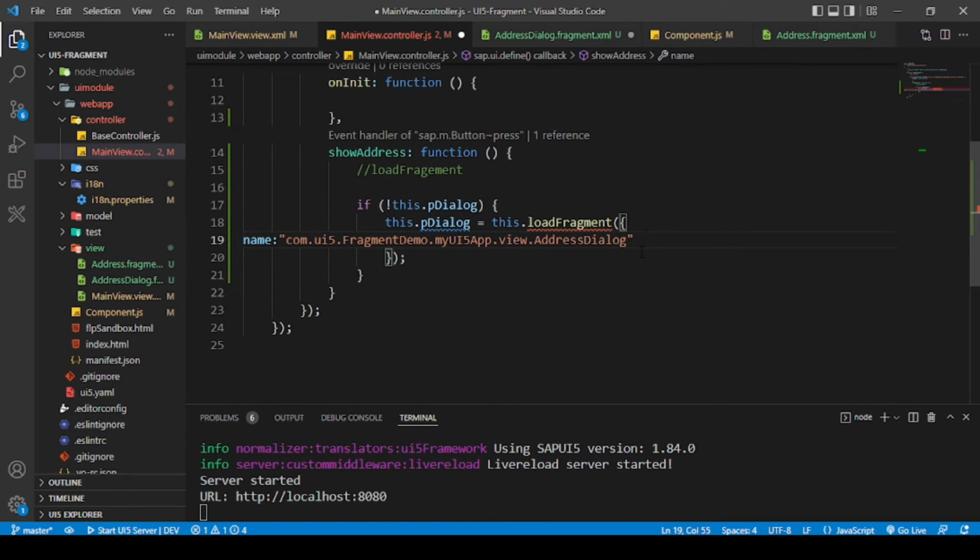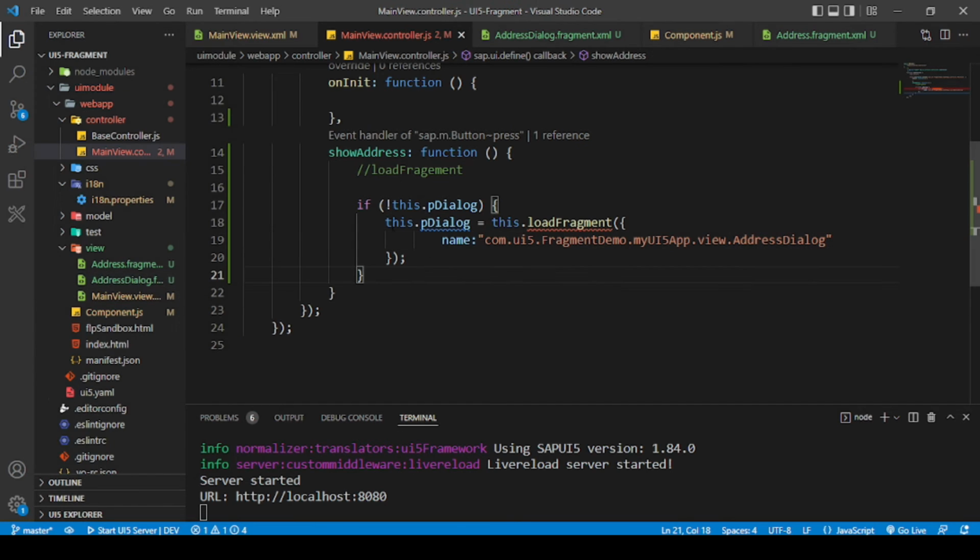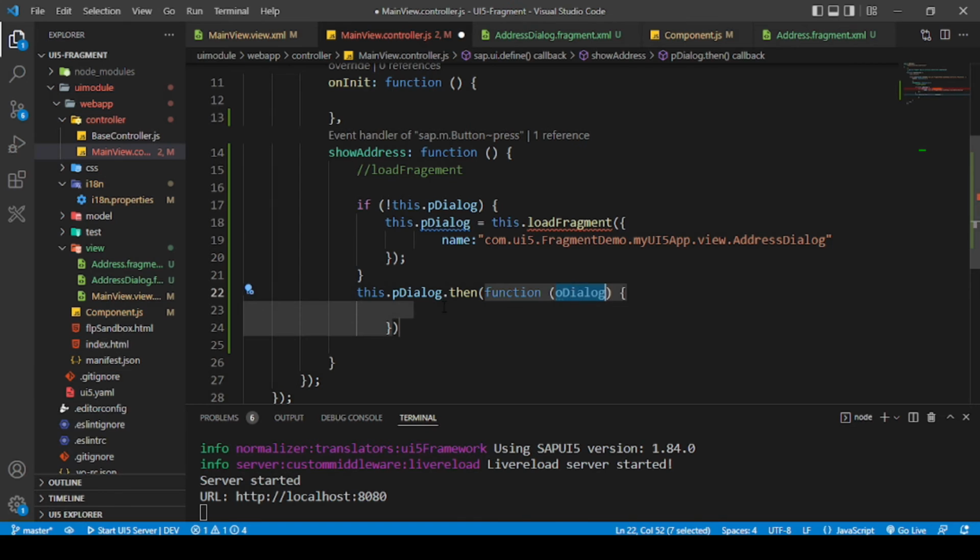And in this controller, this is what we said. So let's save all, because I have just instantiated it, but I have not yet opened it. What will happen is that load fragment basically returns a promise. So we need to check if this is not instantiated, then instantiate it. Otherwise,